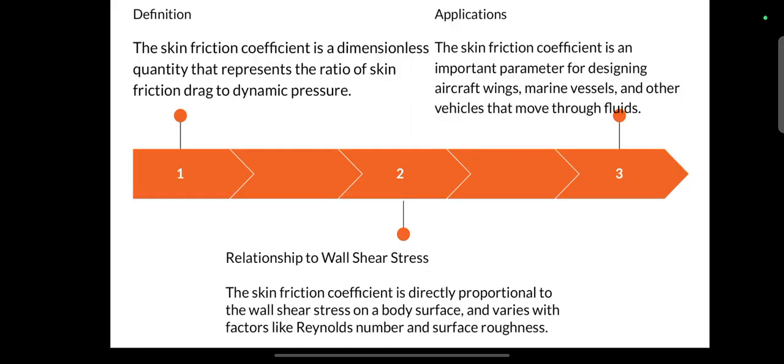What is skin friction coefficient? By the definition, the skin friction coefficient is a dimensionless quantity that represents the ratio of skin friction drag to dynamic pressure. Relationship to wall shear stress: the skin friction coefficient is directly proportional to the wall shear stress on a body surface, and varies with factors like Reynolds number